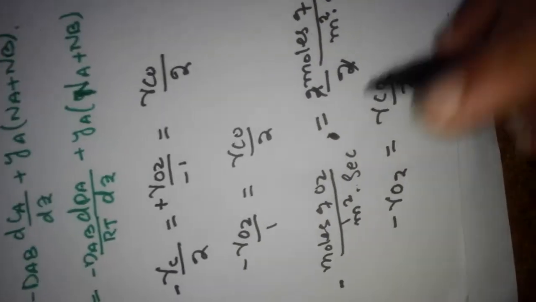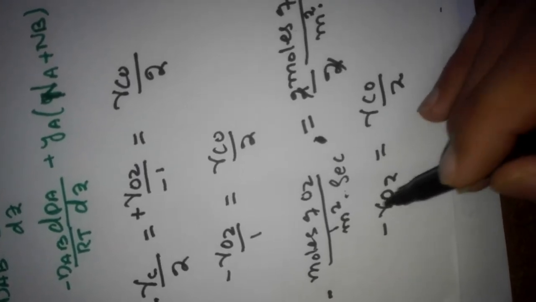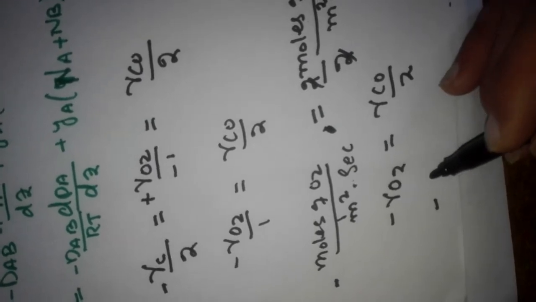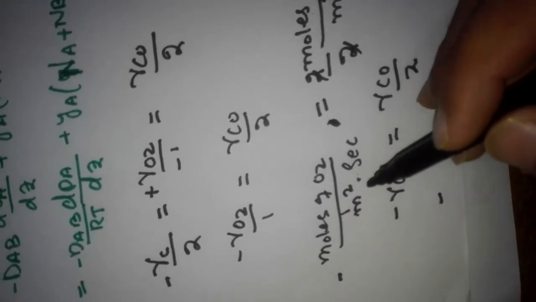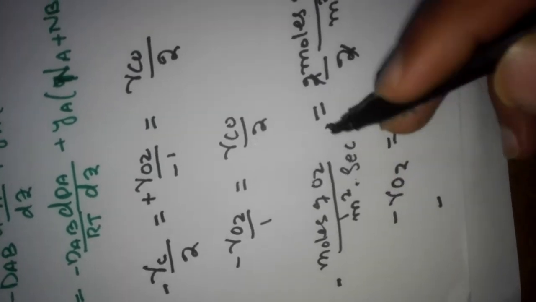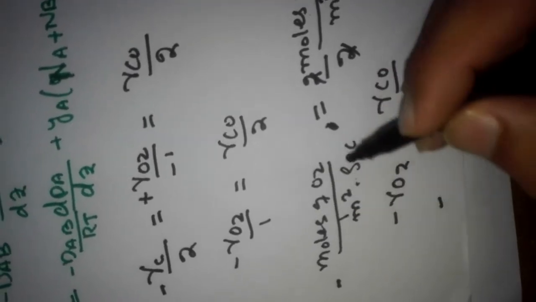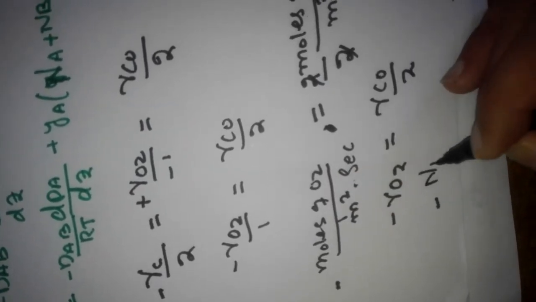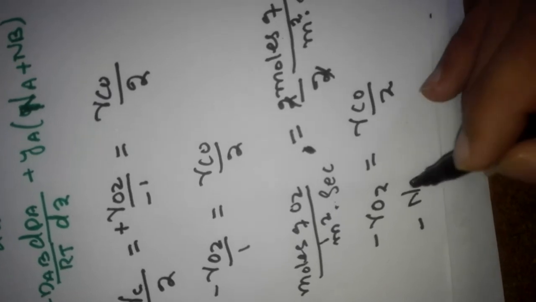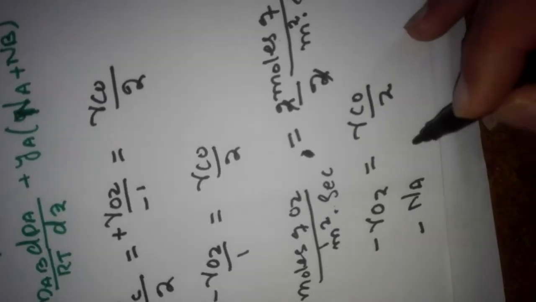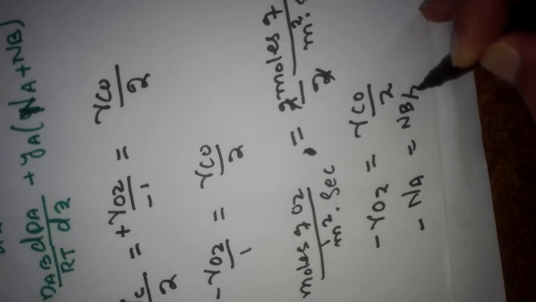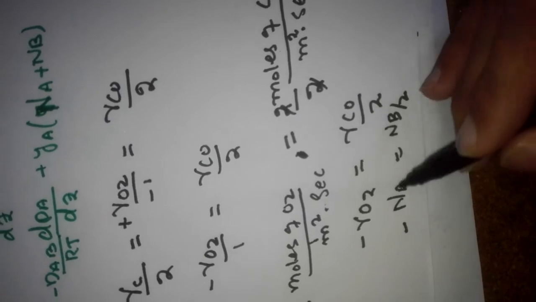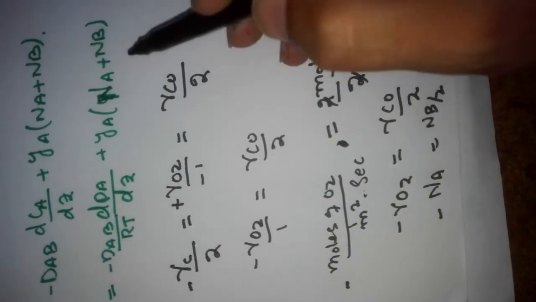So this can also be written, the rate of disappearance of oxygen can be written in terms of molar flux. This is nothing but mole per unit area per unit time, so it is molar flux. And for oxygen we will use component A. Suppose oxygen is component A and CO is component B, so it is Nb divided by 2. Now we can write in terms of Na, we can write Nb divided by 2 in this place.